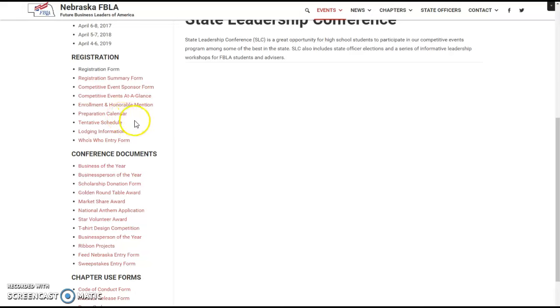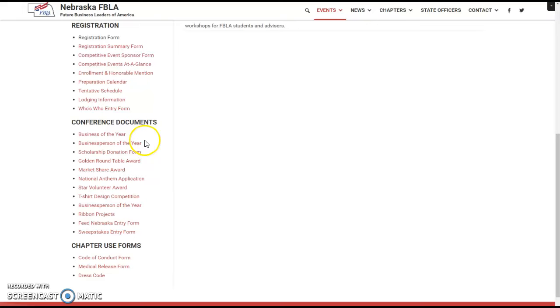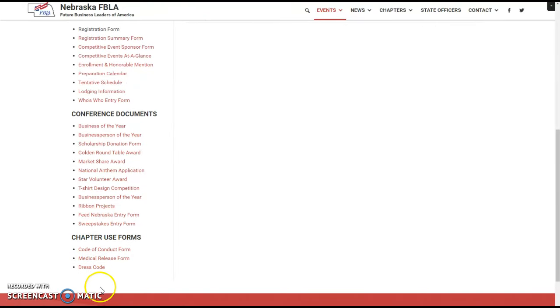The prep calendar is great as you get closer to the SLC registration deadline, which is February 17th, your initial deadline. That's a great calendar to use. It just gives you a checklist that you can utilize. But all of your forms are located here. Ribbon projects are all located here. You click here, it'll download